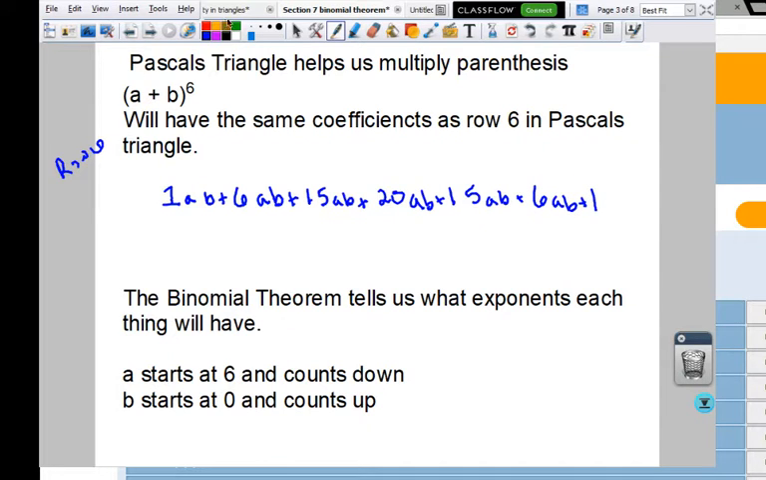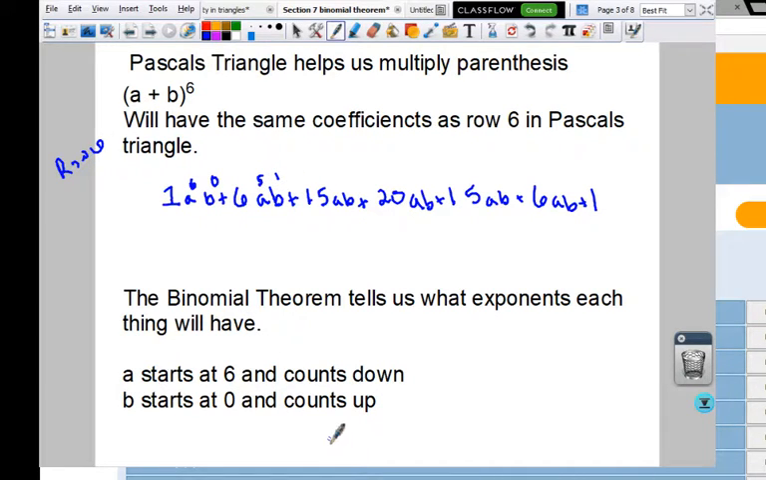And then the binomial theorem says A, whatever A is, that exponent is going to start at 6, because that's the exponent I start with here, and it's going to count down. B is going to start at 0, and it's going to count up. So A starts at 6 and counts down, B starts at 0 and counts up. I'm going to have A to the 6th, B to the 0 on this first one. So I'm going to have 1A6, B0 plus 6A5,